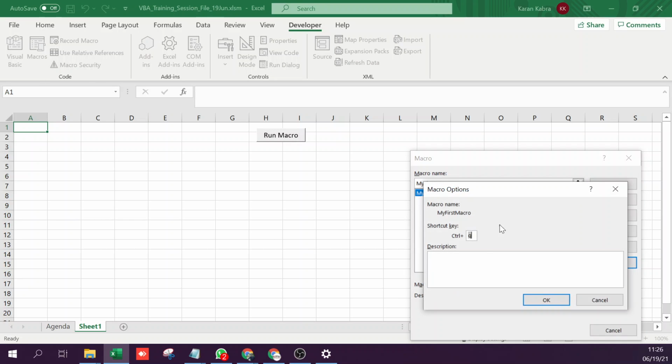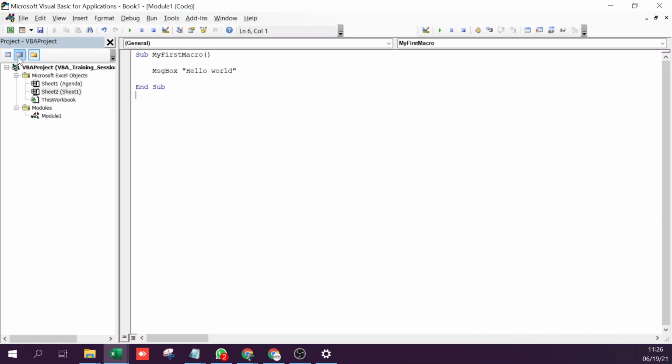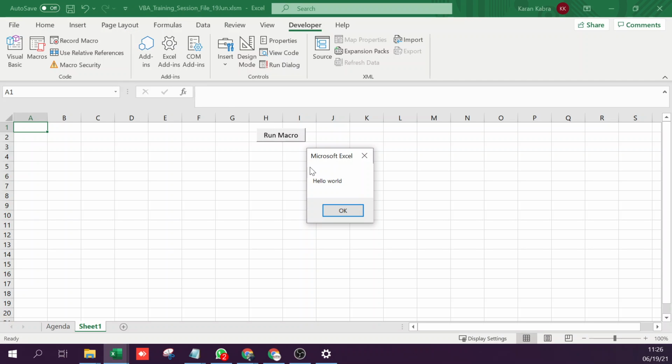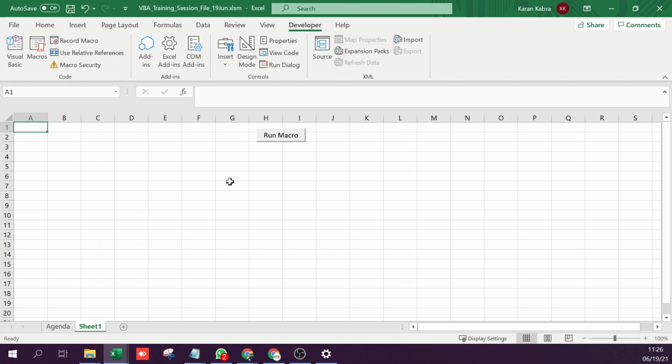So yes, a lot of ways to run a macro. And one of the ways to run it is also from the Visual Basic Editor directly. So I can click anywhere between Sub and End Sub. And here there's an option of Run. So if I'm writing my code and I want to test something in between, I can just run it here and it will run it and show me, right? Okay. I hope this much is clear about the Visual Basic Editor, where to write code, Project Explorer, and so forth.